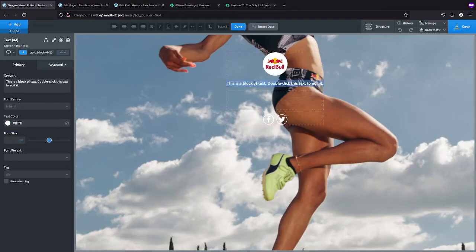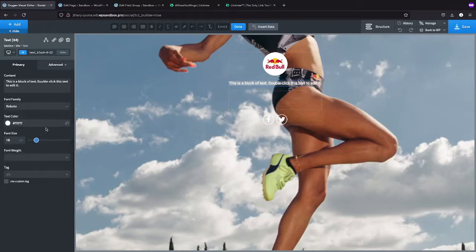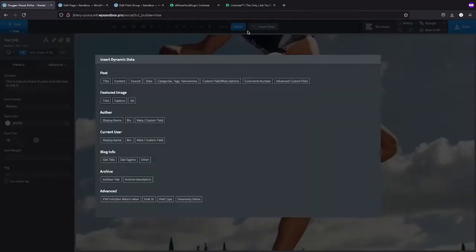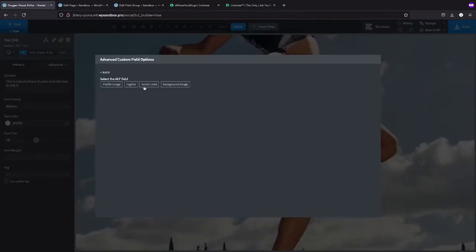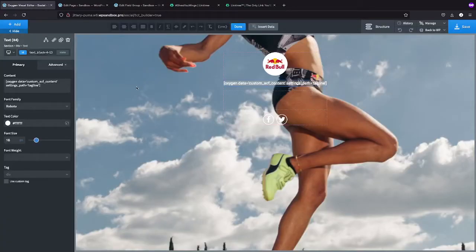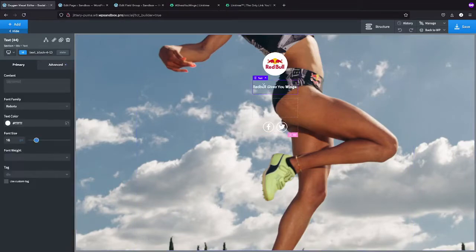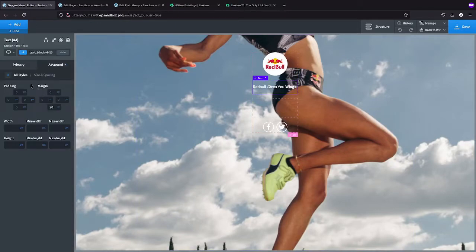So this is kind of the standard size in Oxygen. This is the standard font. I'm going to swap it to maybe Roboto, and then I'm going to insert data, ACF, go back, and ACF tagline, and that's just going to throw our content in. And you'll see that with this content, it number one gives you paragraph based spacing, so I want to go back and